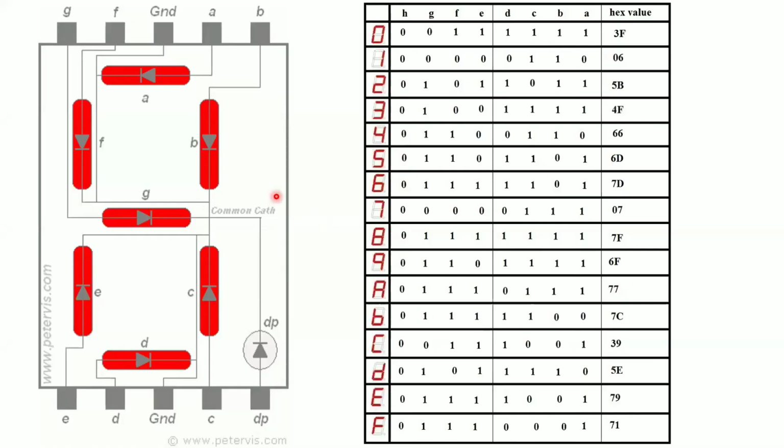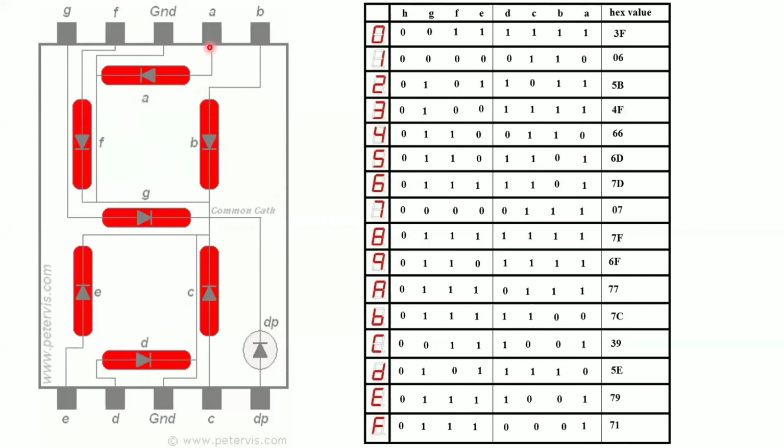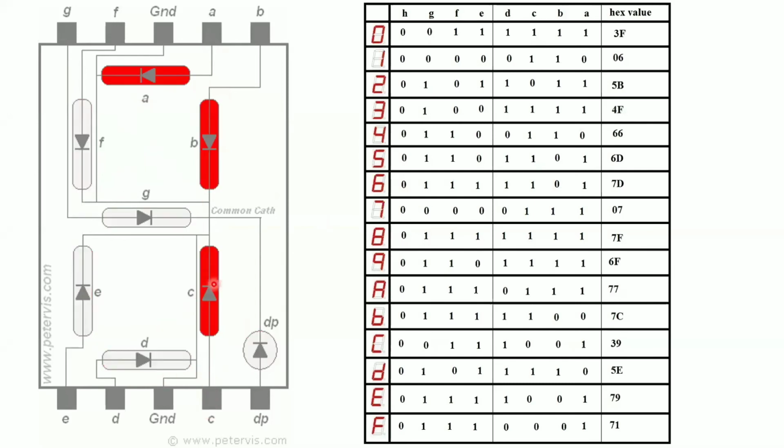Okay, right? If you observe carefully, there are 7 LEDs. LED is nothing but light emitting diode. Now, if you want to turn on an LED, I will use some pins here: A pin, B pin, C, D, E, F, G. There are 7 pins, right? So if you put 1 to a particular pin, that LED will glow. If you put 0 to that pin, the LED will be off, right?